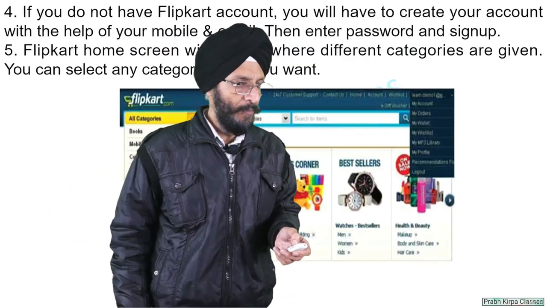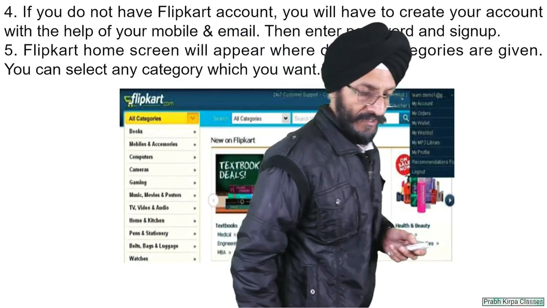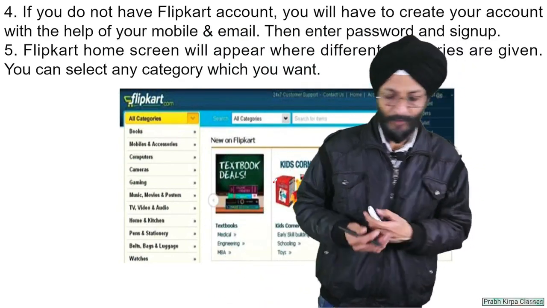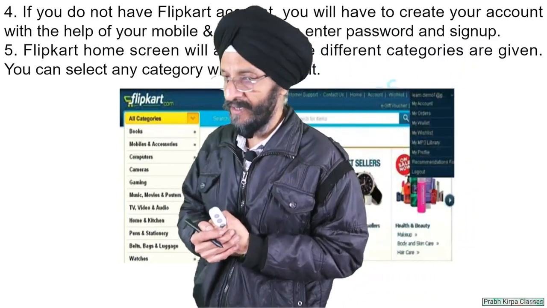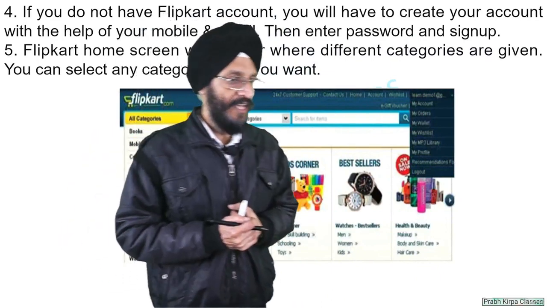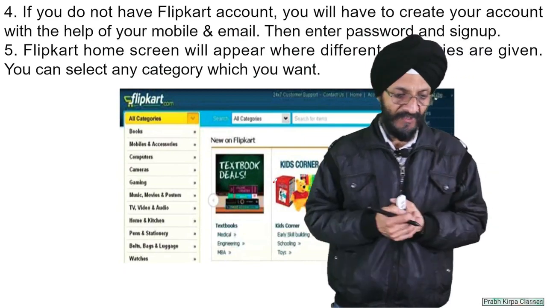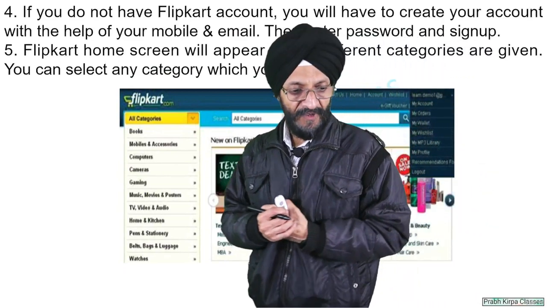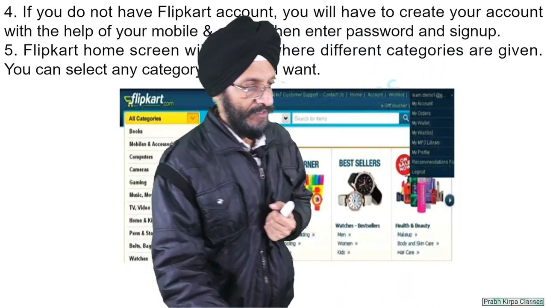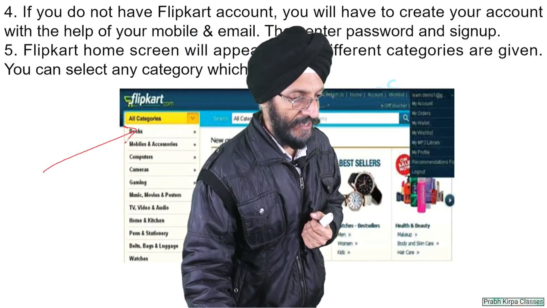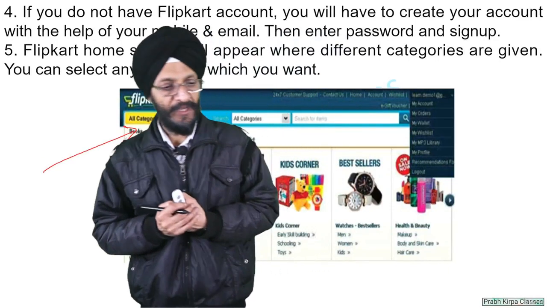Sometimes you may not have a Flipkart account. Then you have to create your new account with Flipkart with the help of mobile or email. Then you have to enter a password and sign up. When you sign up or log in, the home screen which may be as shown in the picture will appear